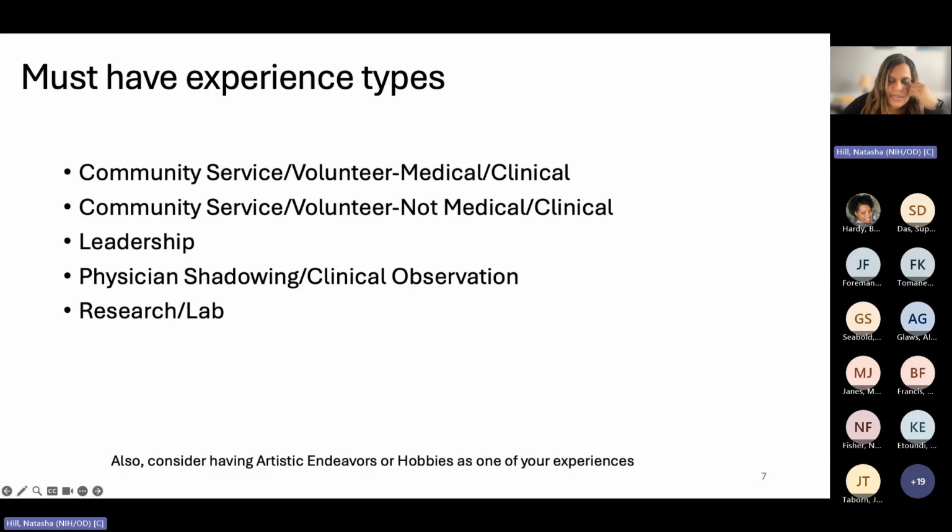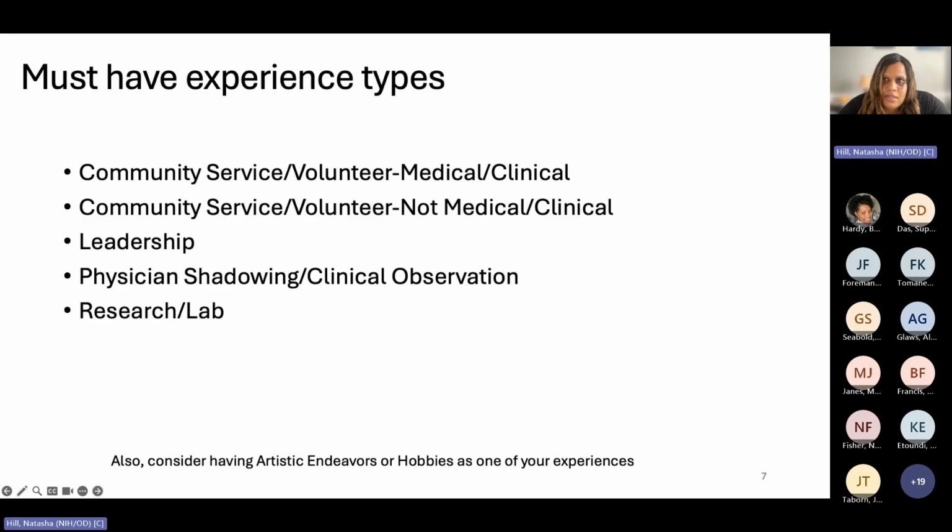And then our office also suggests that you consider having an artistic endeavor and or hobby as one of your experiences. But of course, you get to decide for AMCAS which of the 15 experiences you want to include that you've been involved in. And for those of you applying to AACOMAS, you get to decide how many experiences you want to include and what it is you want to talk about, what you want to show the admissions